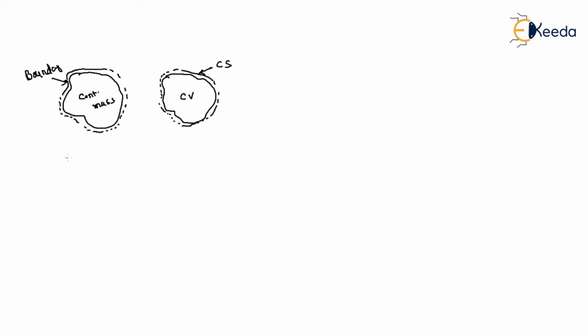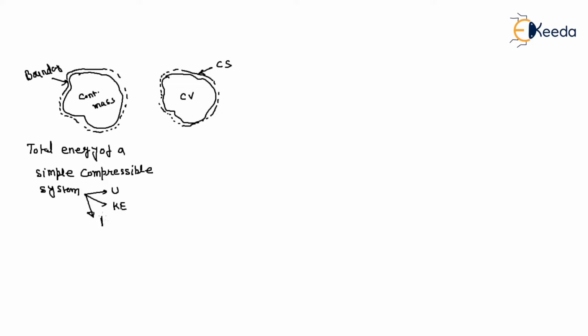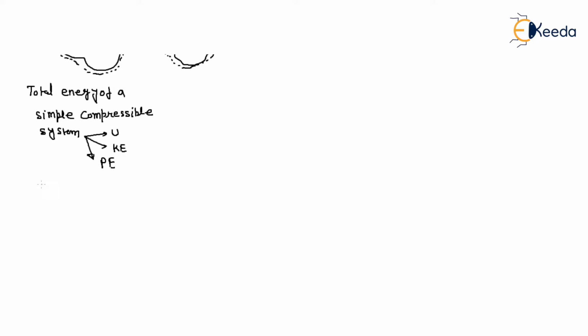So as we know, the total energy of a simple compressible system consists of three parts. What is that? Internal energy, kinetic energy, and potential energy, right? We know that the total energy of the system